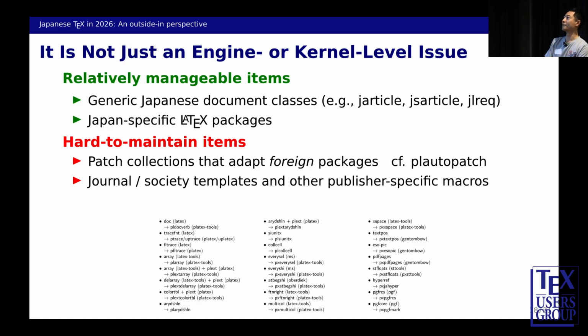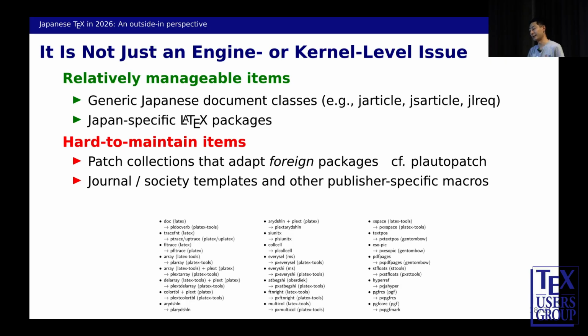So we have the correction of the patching packages for Japanese TeX, like for instance pxarray for patching and plarray for patching the array package for Japanese TeX and so on. So we have a substantial list of those patching LaTeX packages, and maybe they are